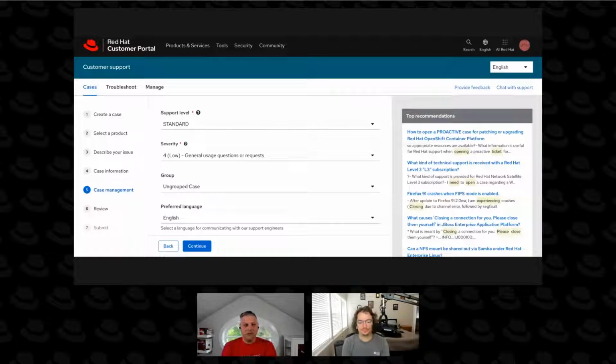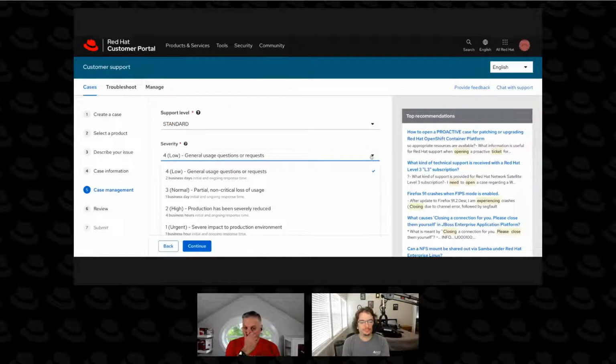The support level is also tied to the subscription attached to the system that you are filing your support case with. So if your subscription is a standard subscription, you should choose standard support level for that system. If you're on a premium system, then you should choose premium because that's what it's entitled to. Because my account has both, they ask me to choose which one it is for the machine I'm reporting against. All right, and then we can see the severity here,